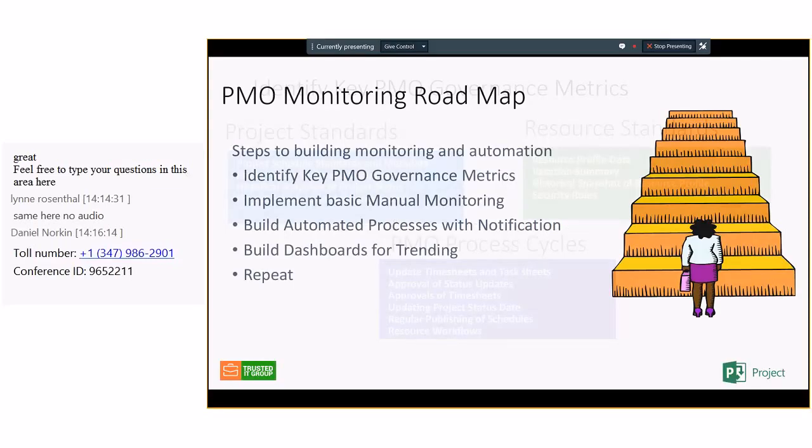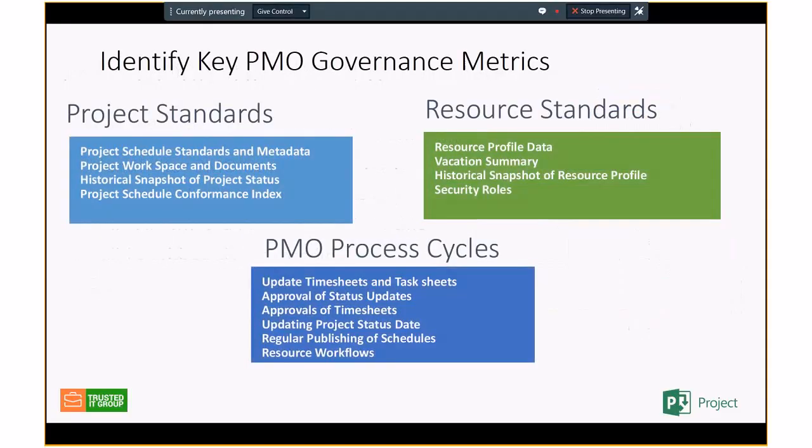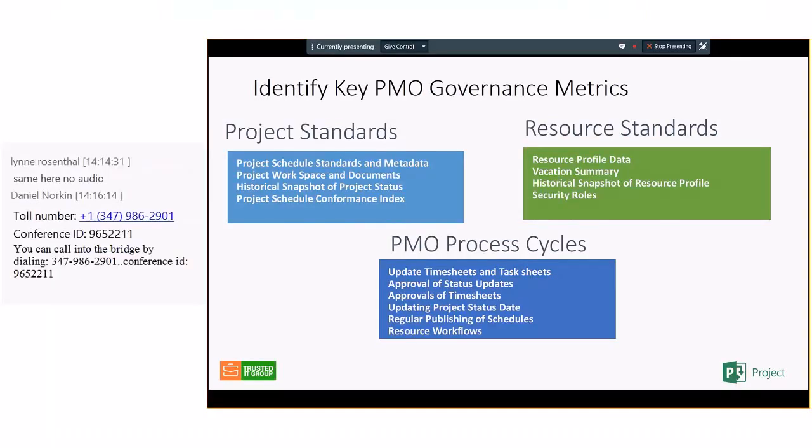Now, the key PMO governance metrics that I've identified here: you should have some kind of project standards, you should have some kind of resource standards, and you should probably have some PMO standards. They're probably all written in that large book that you have, but again, you want to identify the big ones,